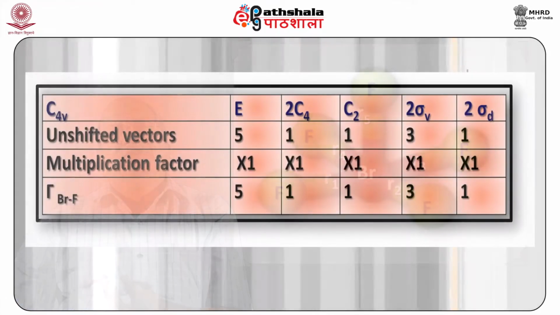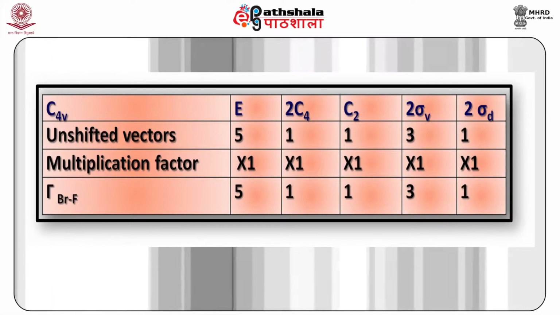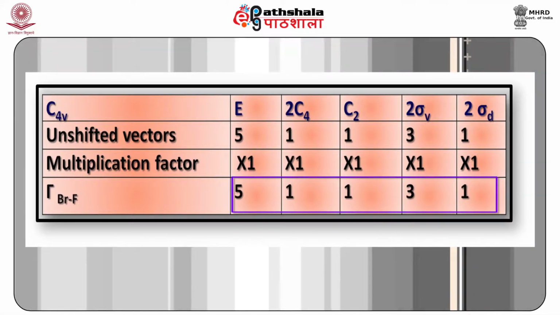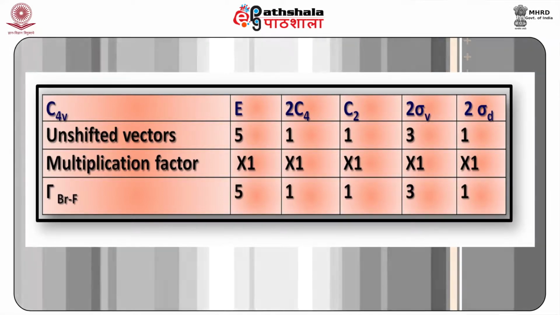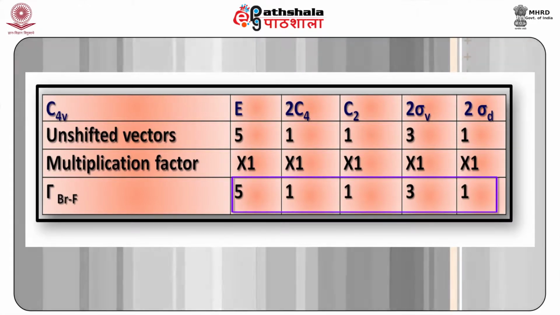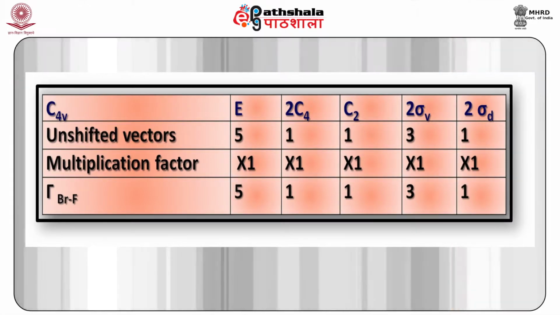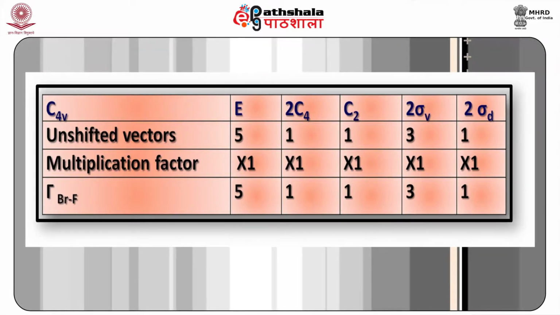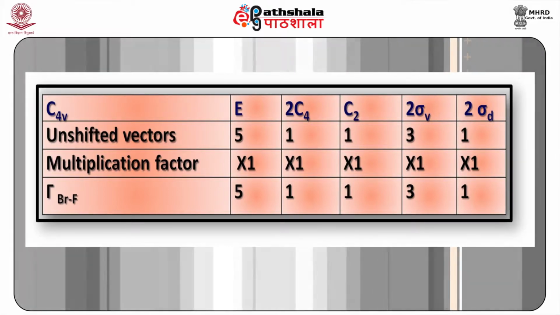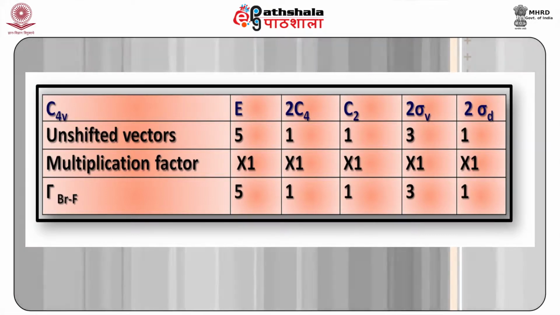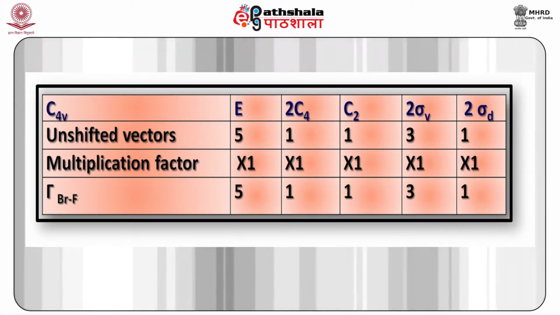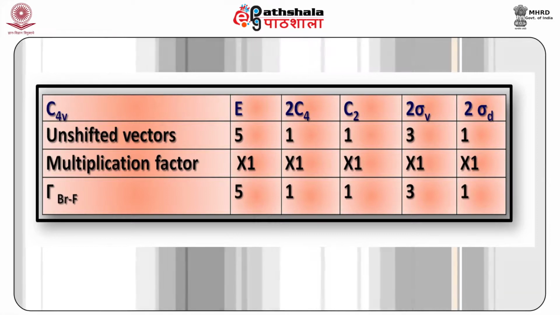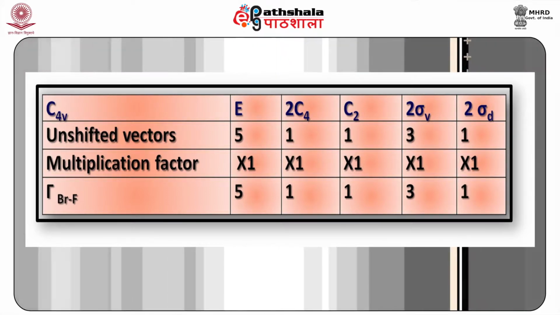So, we have this summary of unshifted vectors: 5, 1, 1, 3, 1, and multiplying with the multiplication factor, we get the reducible representation as 5 1 1 3 1, and this can be reduced by making use of the